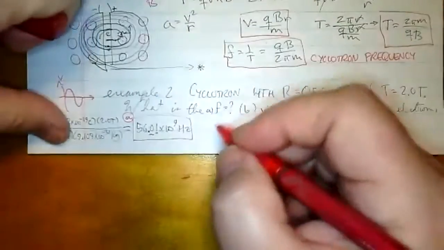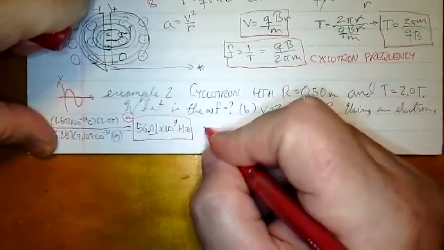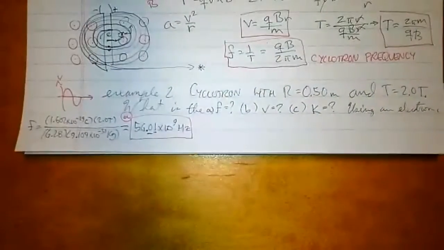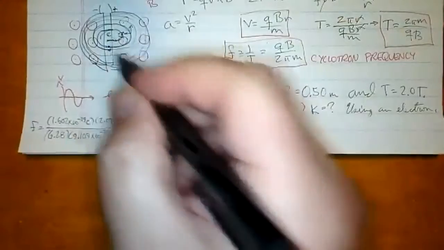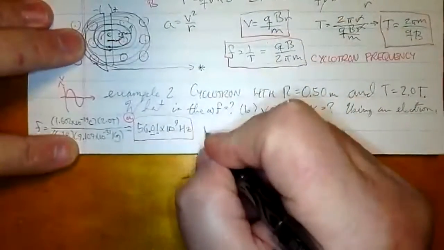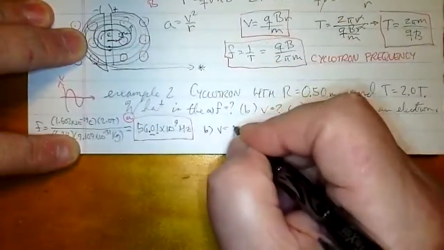Now part B, what is the velocity? Well, the velocity is just qBR over m. And remember that R will be the final R. That's the radius of the cyclotron. So for part B, I'm going to say v equals